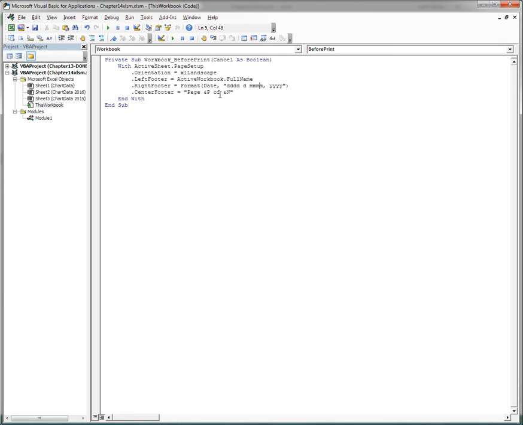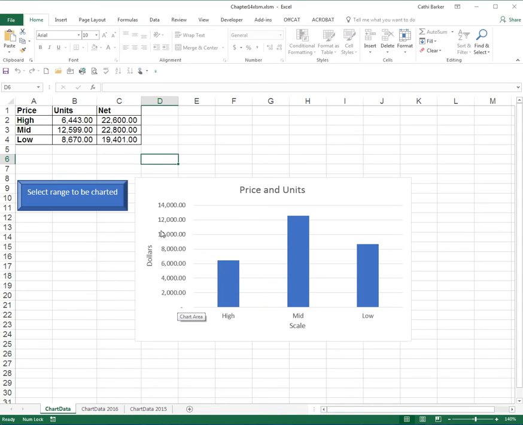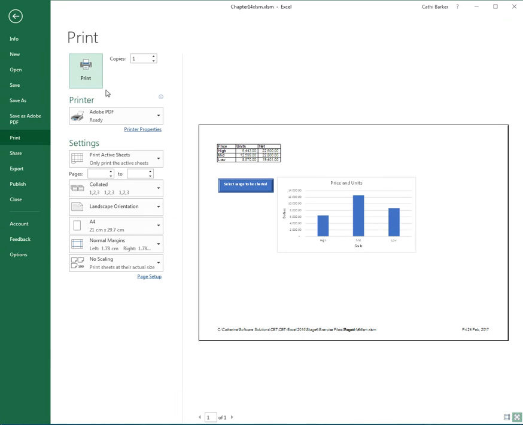4 Ys, and I might decide that the center header will host the page numbering, only because the location that I've got this particular file residing in is a rather long path and it's struggling to show the left footer and the center footer on the same page. So I'll save, go back to Excel, go to print preview, my old changes are there, I'll go print,